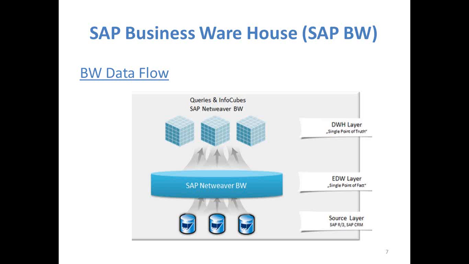SAP BW can extract the data from an Excel or from an SQL system or from any non-SAP systems as well as SAP systems. So if you have different data maintained in different landscapes in your organization, you can put all of them into one data warehouse and you can show the reports. Maybe you have two kinds of business. You have some sales business and you have some Oracle ERP. There are many different kinds of ERPs. It is not only the one ERP, but SAP is giving a lot of competition to all of the ERPs. I know Oracle Fusion is released, which is